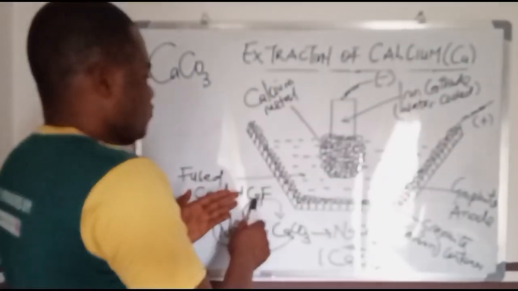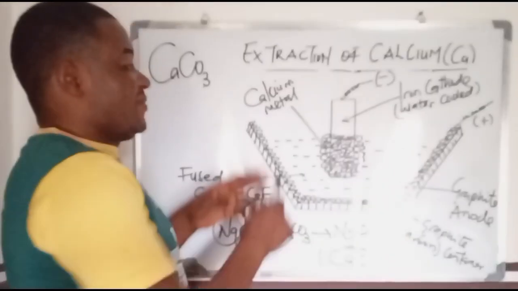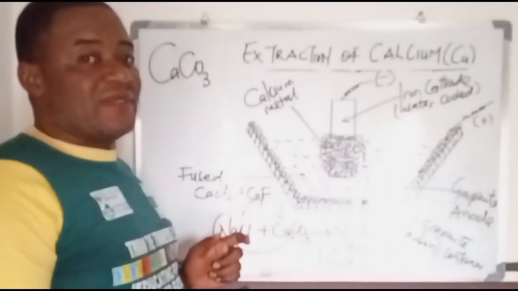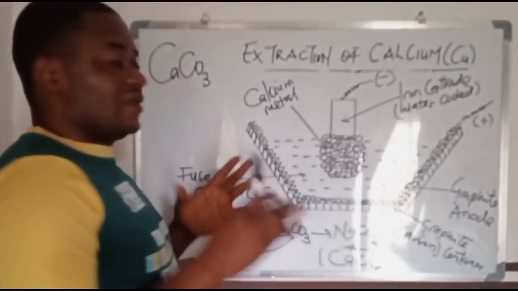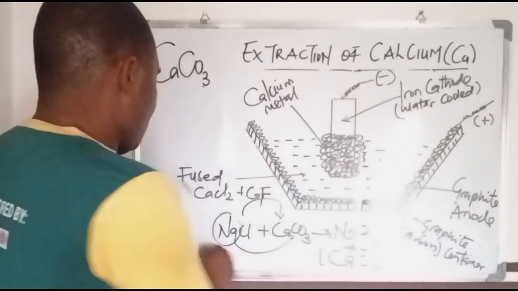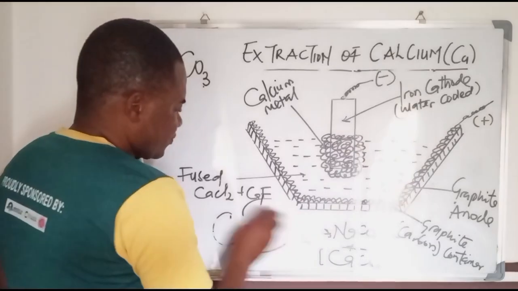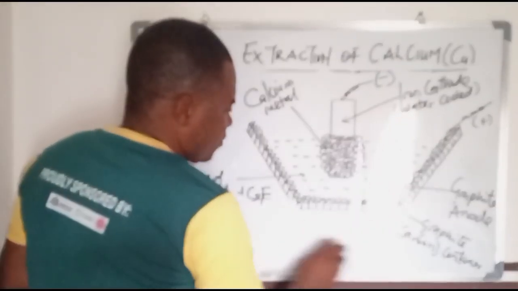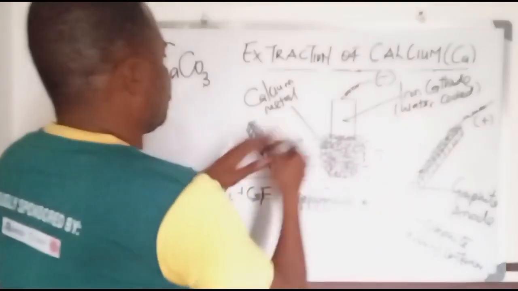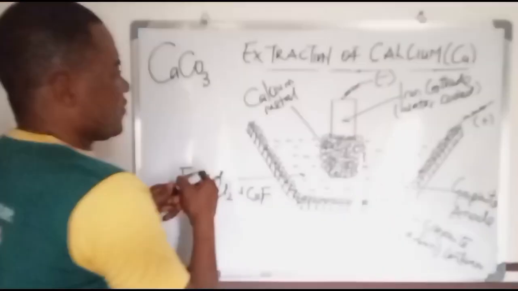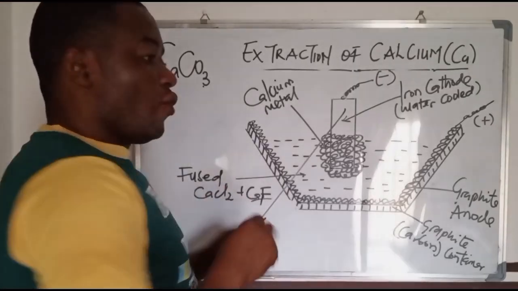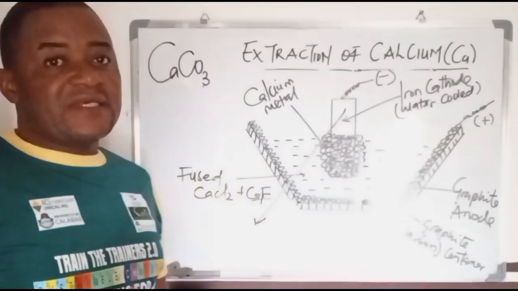So the calcium fluoride does not really have any impact. It plays on the deposition at this point. So it will help to lower the melting point and allow calcium ion to deposit. So now, what happens around the cathode actually? What happens around the cathode is this: there is always a gain in